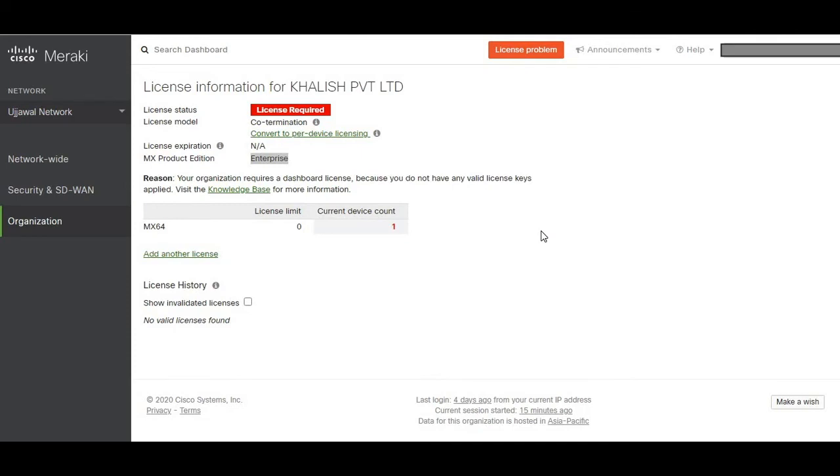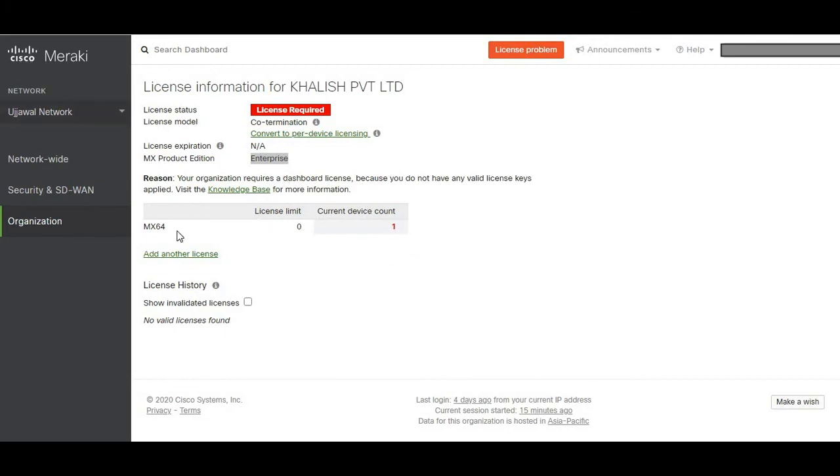Let's suppose one device is going to expire on January 31st, and another device is going to expire on March 31st. What you need to do is buy a license true up for 2 months and apply it on the device expiring on 31st of January, and then they both will have the same date. That's how you can true up your license expiration date in the per device licensing model.